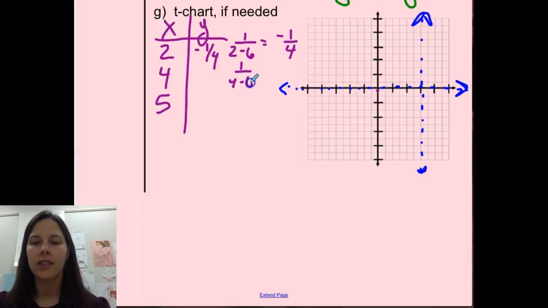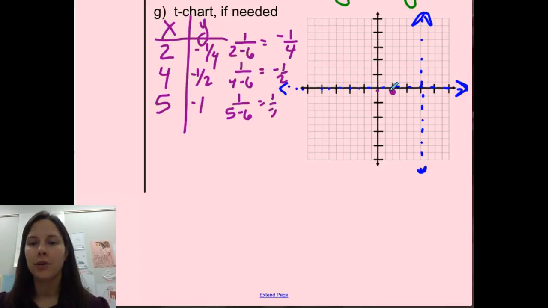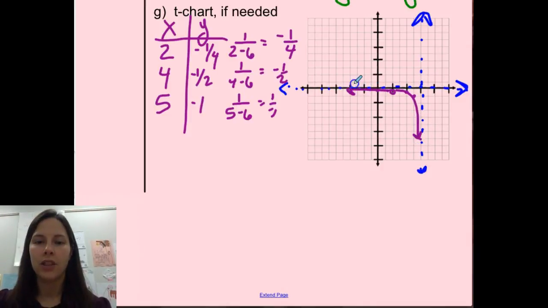Substituting 4 into the simplified function, we get 1 over negative 2, or negative 1/2. Substituting in 5, we get 1 over negative 1, or negative 1. Plotting those points, open circle at (2, negative 1/4). And then I can do a closed circle at (4, negative 1/2) and at (5, negative 1). So using the asymptotes, we can see that our graph is curving down